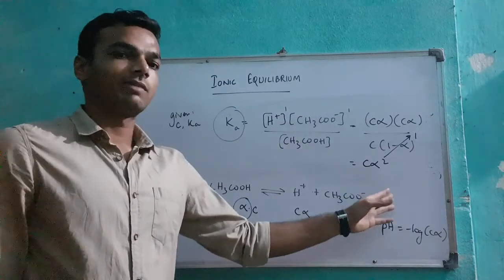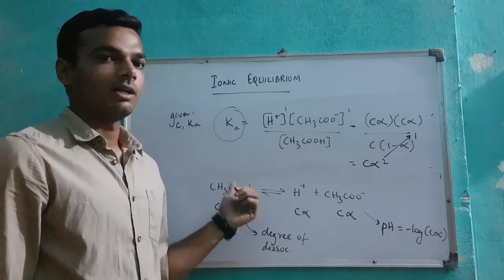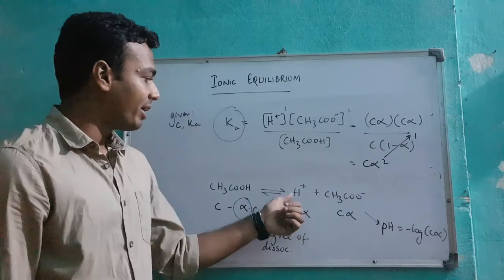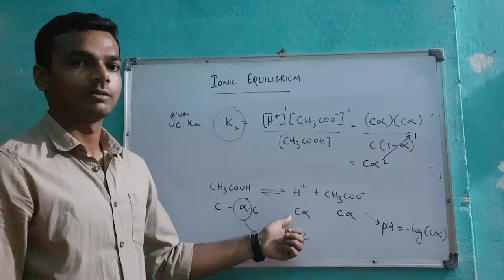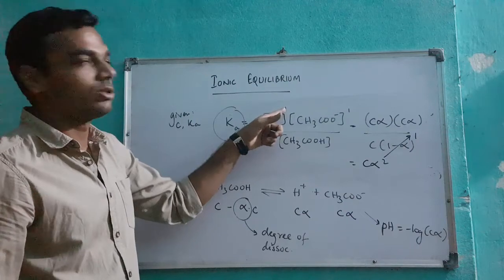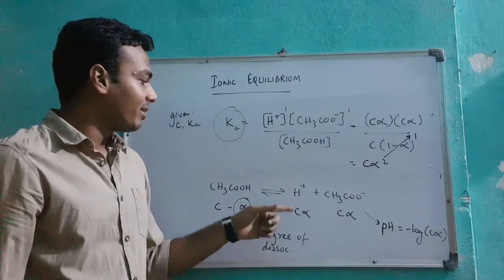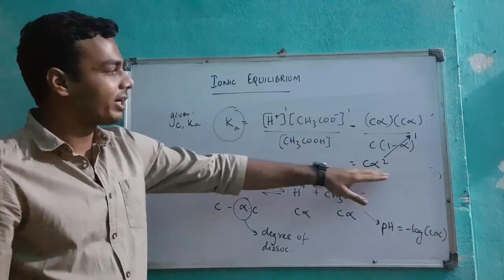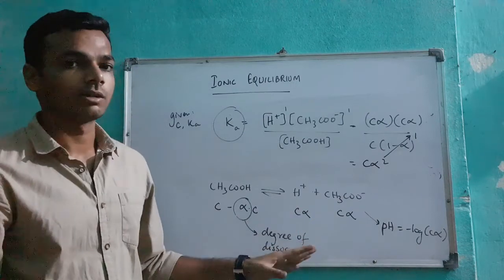Now, this is not a general value. This is obtained when you are taking CH3COOH. Let's say if you took a dibasic acid which releases 2H plus, you'll get 2H plus here. If C alpha breaks, you'll find 2C alpha here. This thing being put in the equation, H plus whole square is the thing which you have to write for that dibasic acid. There H plus will be 2C alpha raised to the power 2 again. So you'll get a different value here. This value is specific to this reaction only.